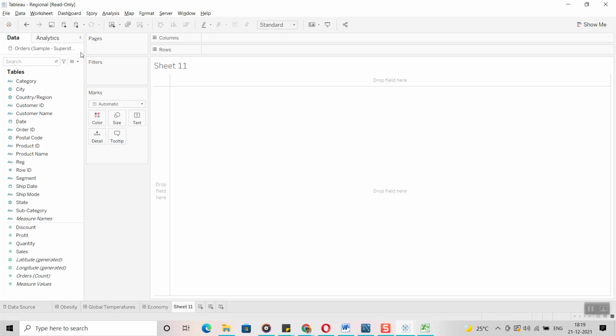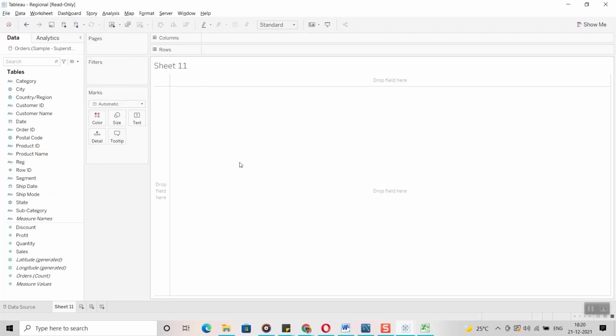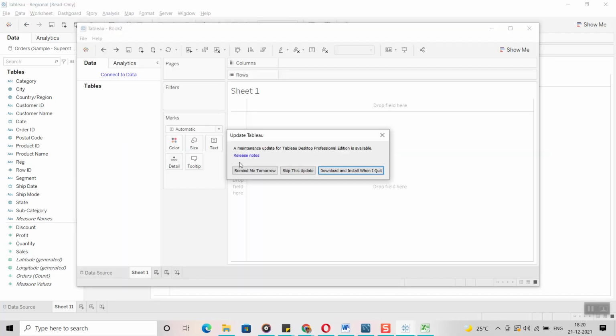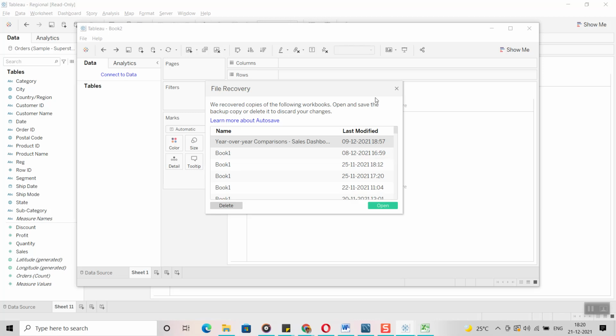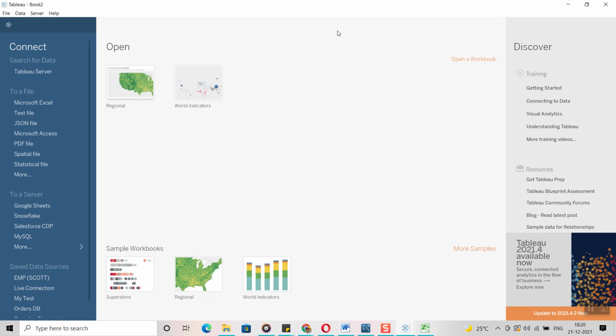Yeah, guys, so now for example, I am going to remove all this, delete. Okay, fine. Now guys, here you can see it is Sheet 1. If you open a fresh one, let me open the fresh one. So by default, when you open the application, it is going to be like this, right? So now I am going to connect to the Excel file.